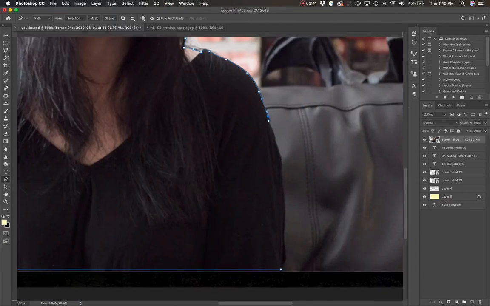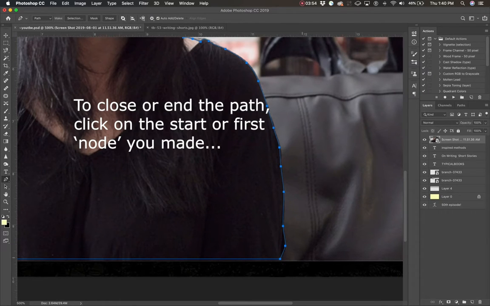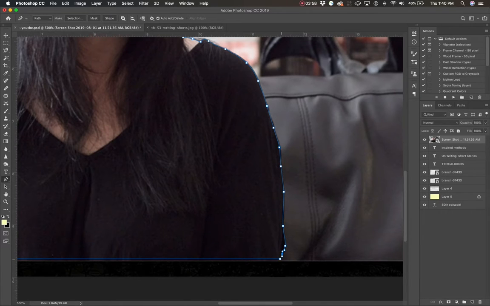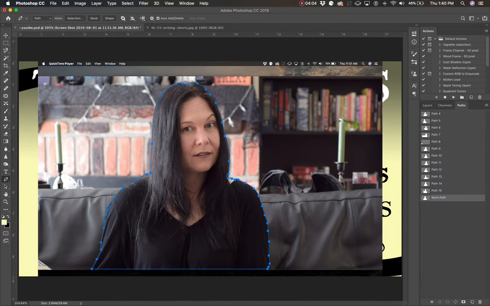But the pen tool, I find, is just one of the best techniques for getting a quick and easy cutout by simply clicking and dragging along the line. You can try this with a pen or like a tablet if you like, and stylus. I'm just using a mouse here, and it's working just fine. A stylus gives you a lot more control. You can also hit the caps lock key to give a crosshairs. So there's my cutout.